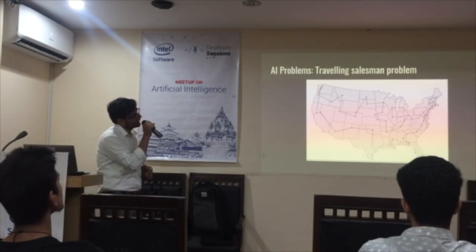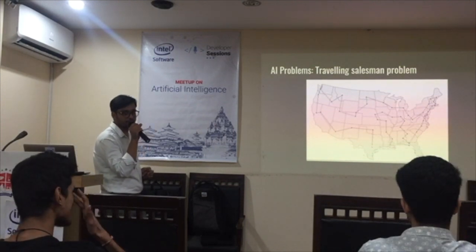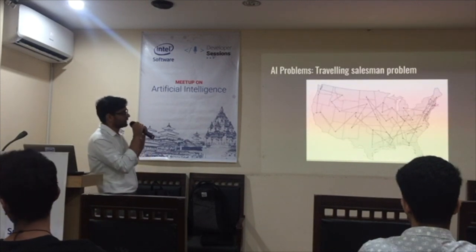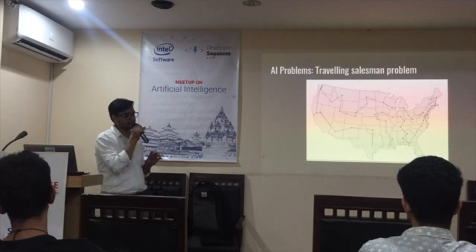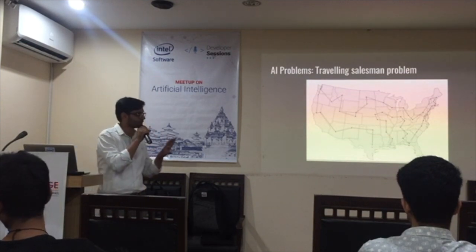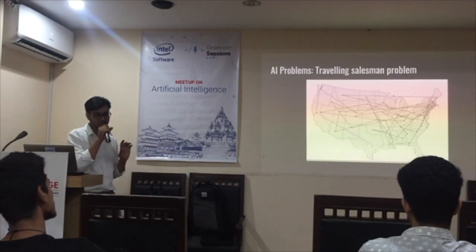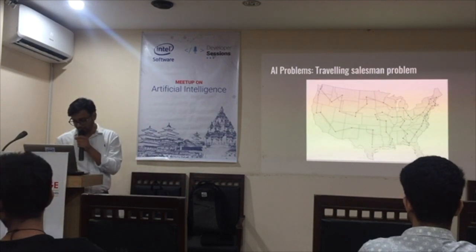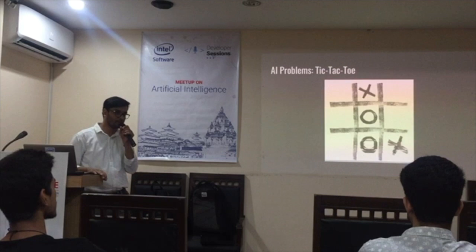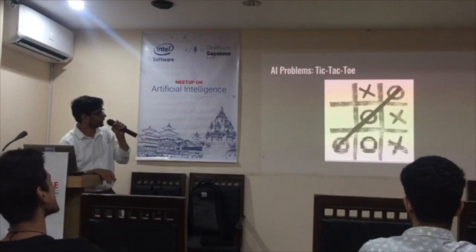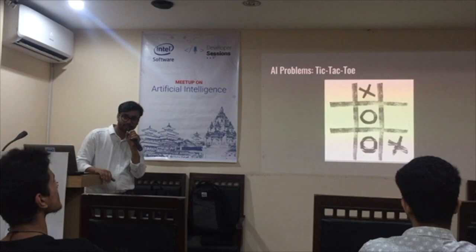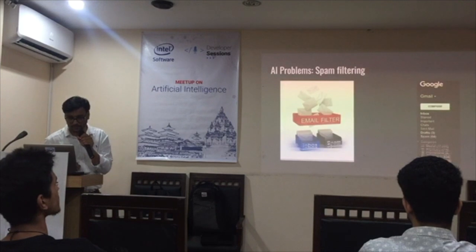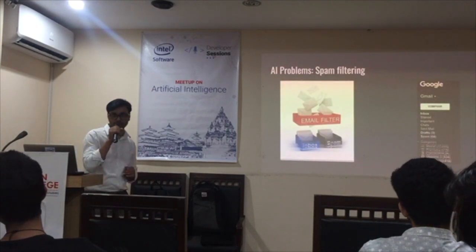Another toy problem of AI is the traveling salesman problem. Actually, it is a computationally very complex problem, but it is a very simple toy problem. Here, the task is to visit all the cities without repeating and with the lowest cost. So it is also one of the common AI problems today. Another very simple problem is the game tic-tac-toe. Here also we need some decision making to solve this.